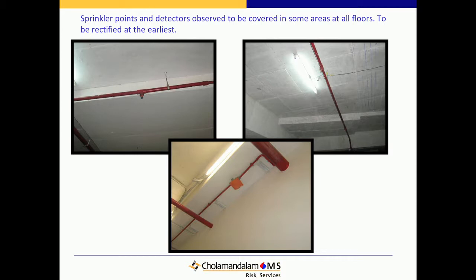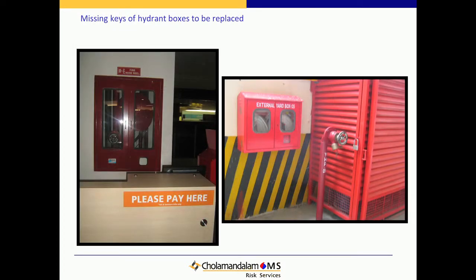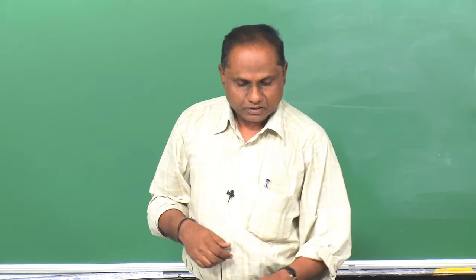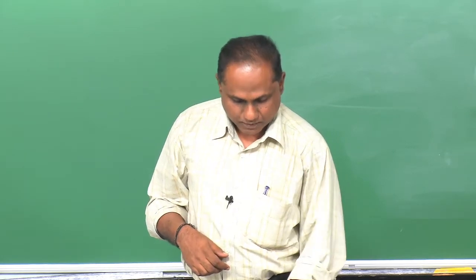So when you go into a mall and see it, what are the risks? Big risks there. And just for you to know, auditing of a simple mall, how critical it is. See, if you want to access these hydrant boxes to fight fire, they're kept locked. You cannot go and pull the hose. Actually, those locks should not be kept there. In an emergency, you need to open it. This hose then.